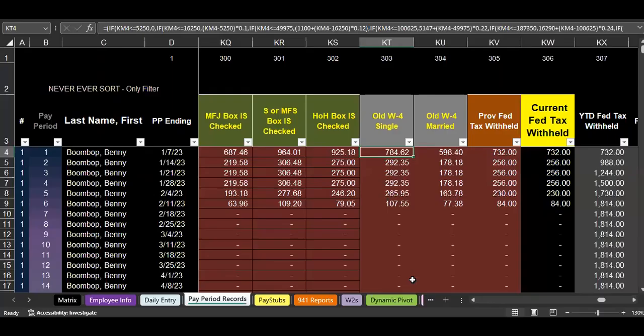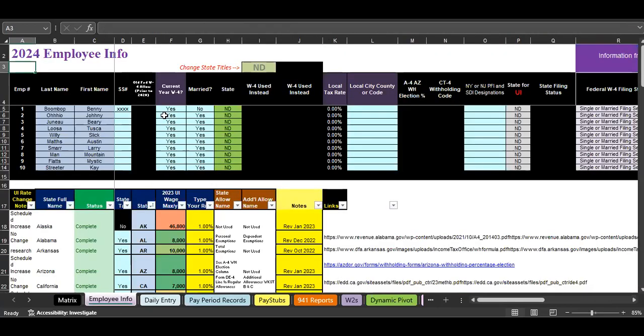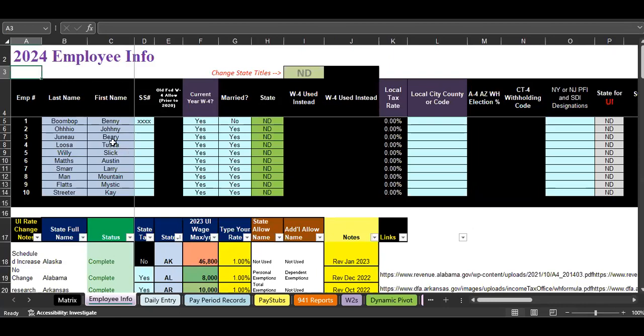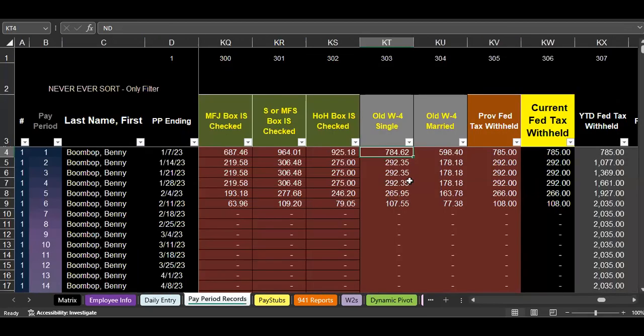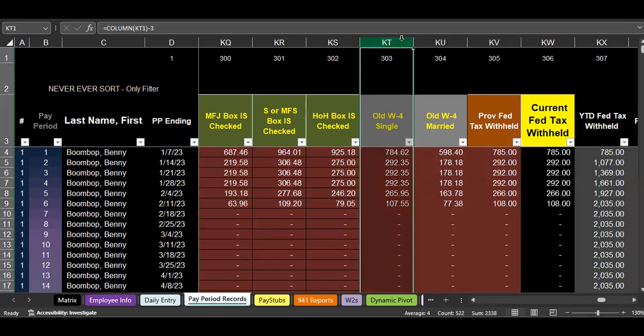And that means that in the employee file here, you're able to choose all these different things related to your employee in the beginning. Like, are you using a current year W-4 or not? Well, let's say that Betty Boom Bop is not using a current year W-4. And I don't recommend this, but there's different rates in the file for different scenarios. The old W-4 rates are right here. The new ones